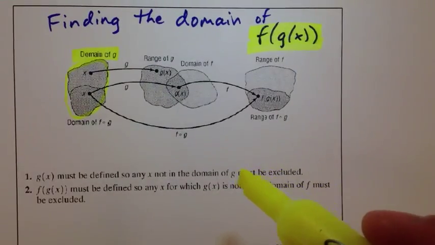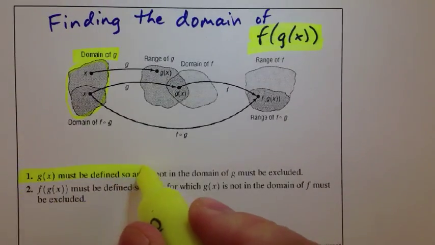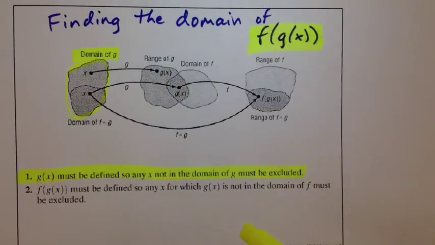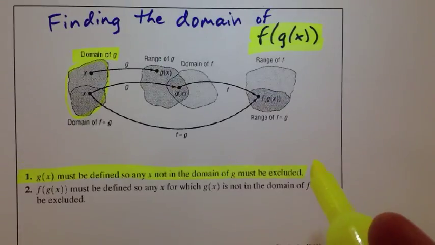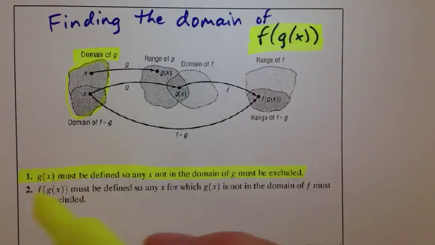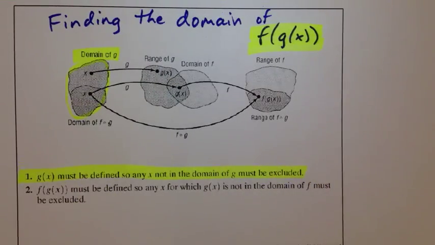So the first thing you're going to do here is determine, number one, down here, this is where you want to kind of camp out: g of x must be defined, so any x not in the domain of g must be excluded. So the first thing you're going to look for is whether there are any restrictions on x when I try to put them into g. Then once you do that,